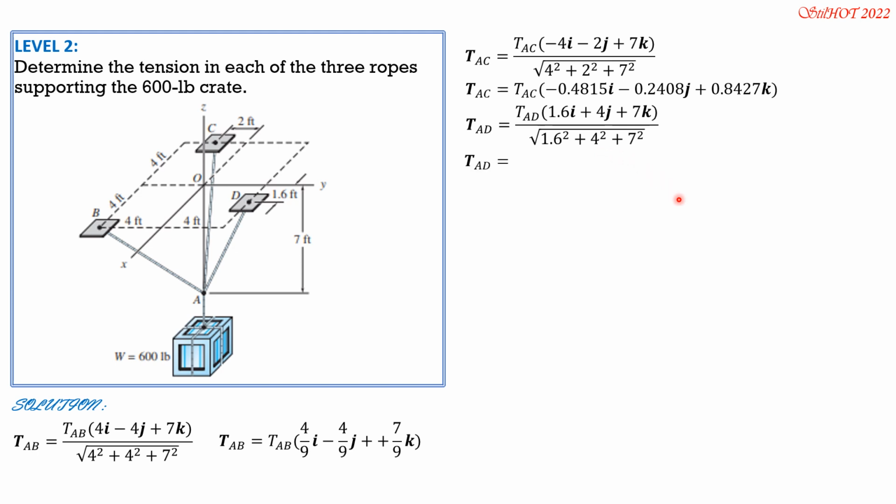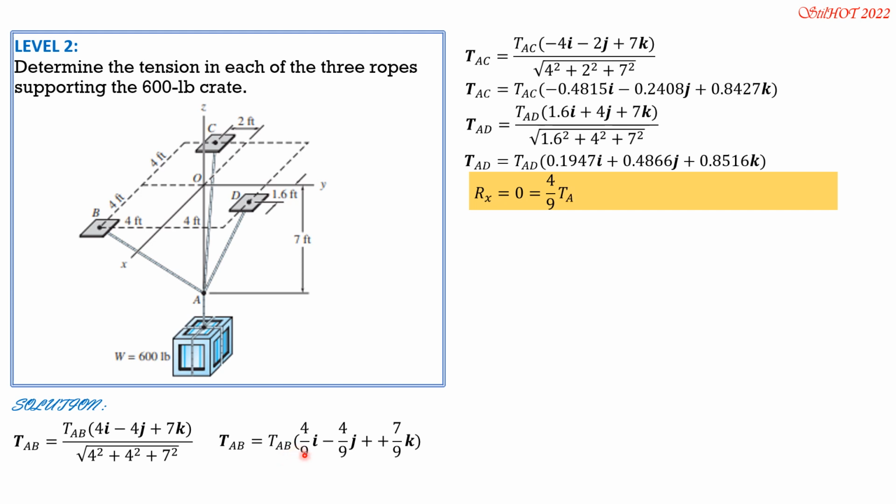Simplifying, the tension in AD is the magnitude of tension in AD times 0.1947I plus 0.4866J plus 0.8516K. So Rx equals 0 equals 4 over 9 tension in AB minus 0.4815 tension in AC, then plus 0.1947 tension in AD. Call that equation 1: 4 over 9 tension in AB minus 0.4815 tension in AC plus 0.1947 tension in AD